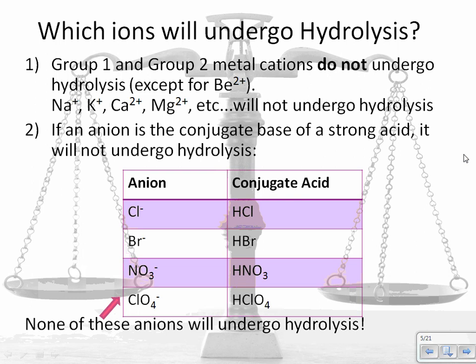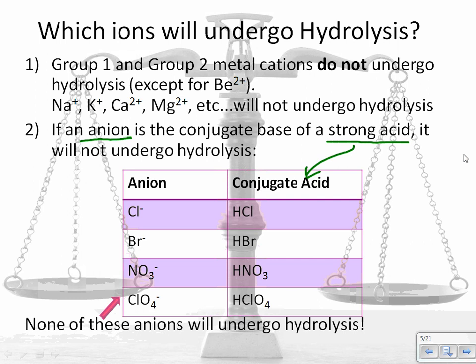Rule number 2: if an anion is the conjugate base of a strong acid, it will not undergo hydrolysis. All right, so let's decode this a little bit. If the anion, so the negative ion, is the conjugate base of a strong acid. So here,